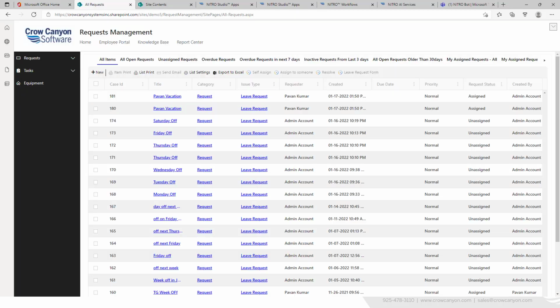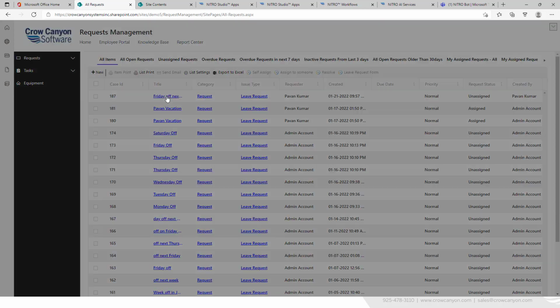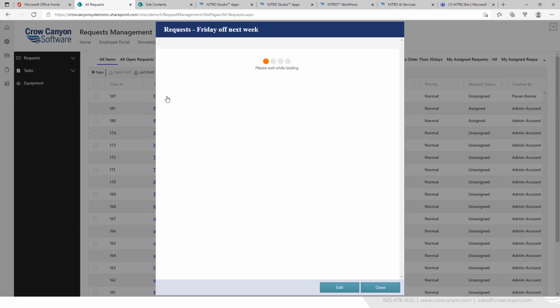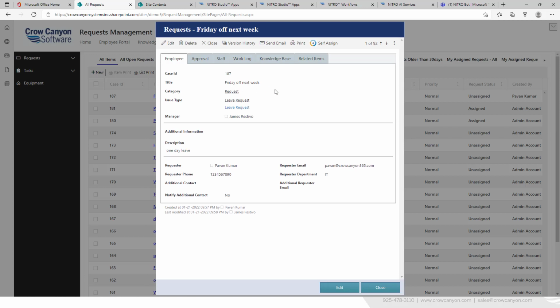So let's look at the request. The request is being managed here in the request management system, and we'll see it right there. Friday off next week. It's right here in the back-end system. And what can happen after this is, after the request is approved, we can send a message to HR, either by email or in a Teams channel, that there is a new request,